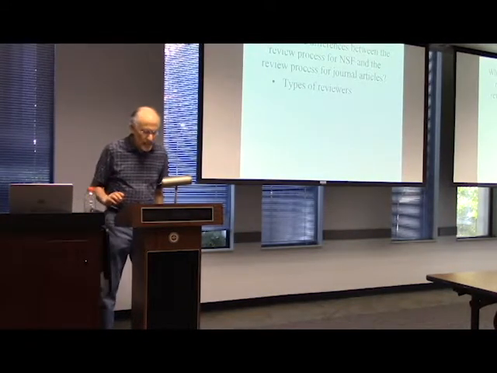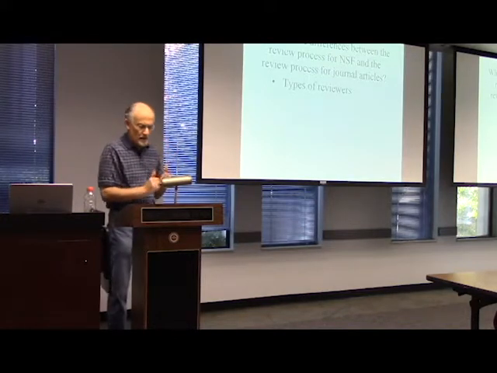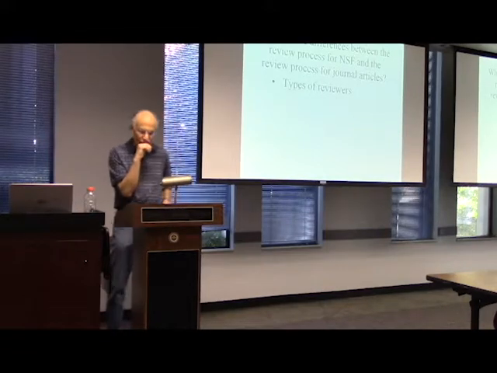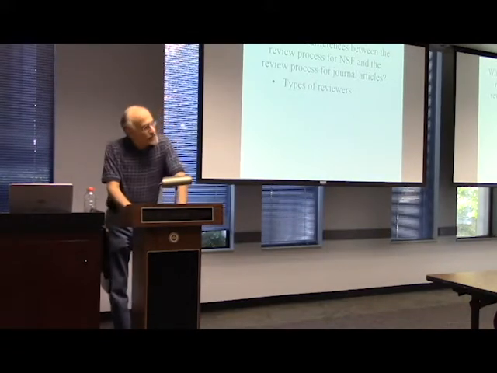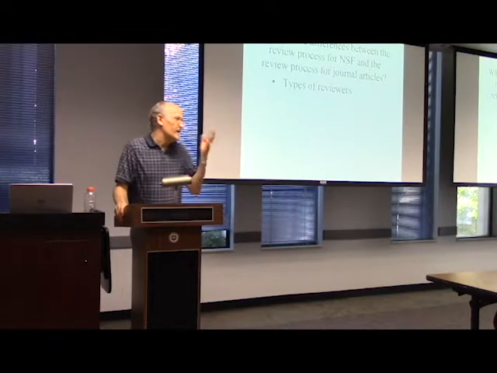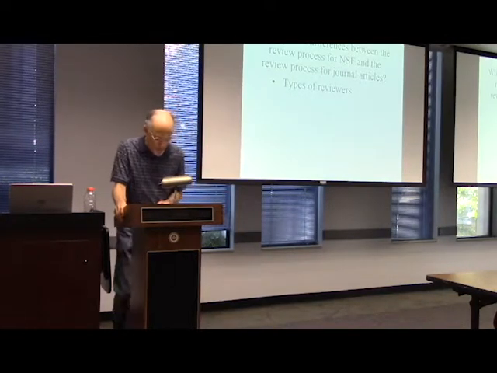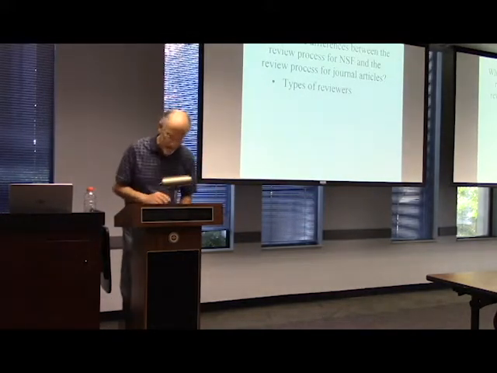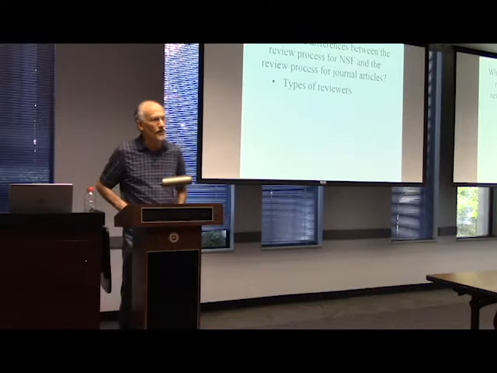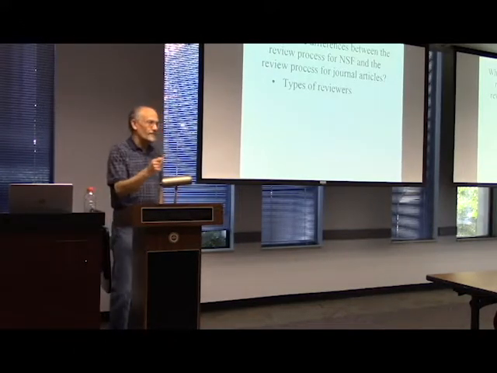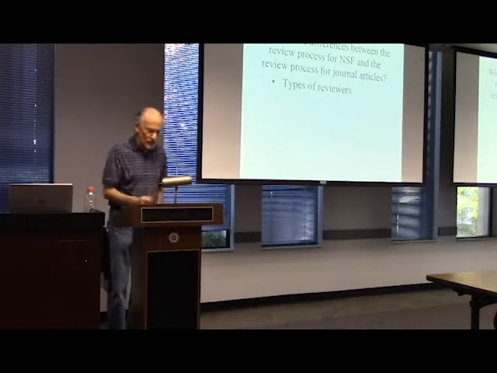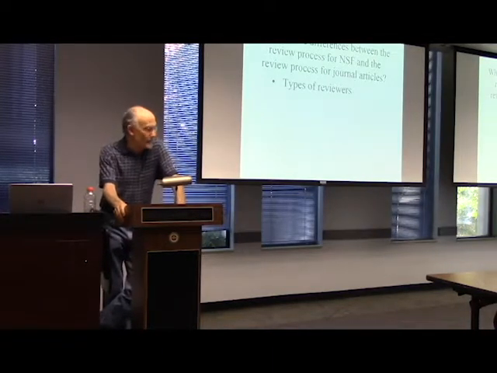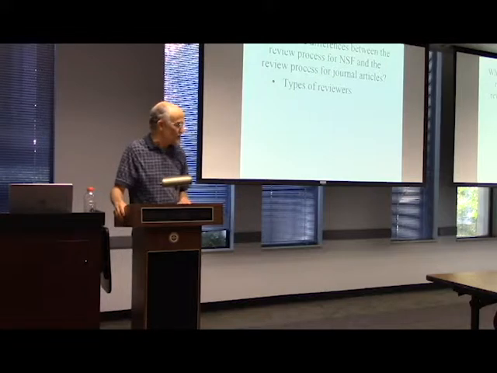Okay. So one difference between the review process at journals and the review process at NSF is the type of reviewers. When you submit a manuscript to a journal, the reviewers selected are nearly always going to be people from your subfield who are familiar with the literatures involved in the research and the issues you're going to be discussing. With NSF, although the external reviewers will be folks from your subfield, and one or two panel members will probably be from fields similar to your own,